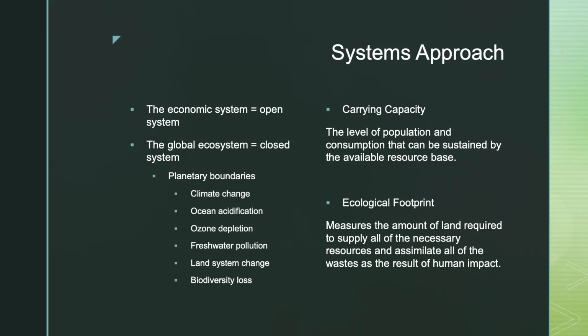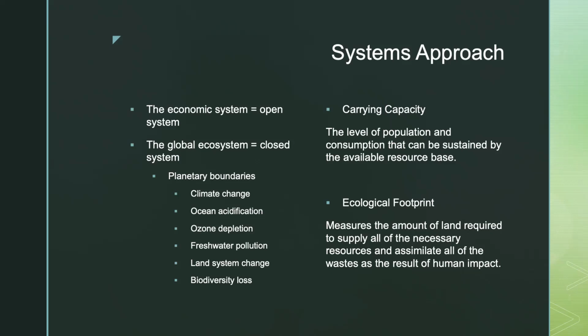Because of the planetary boundary we have, when we use up a source from the environment, or we are overusing a sink in the environment, we see the following problems: global climate change, ocean acidification, ozone depletion, freshwater pollution, land systems change, where we're converting natural spaces into industrial spaces, biodiversity loss. These are all a result of not fully acknowledging that the economic system has to live by the same planetary boundaries of the global ecosystem that contains it.